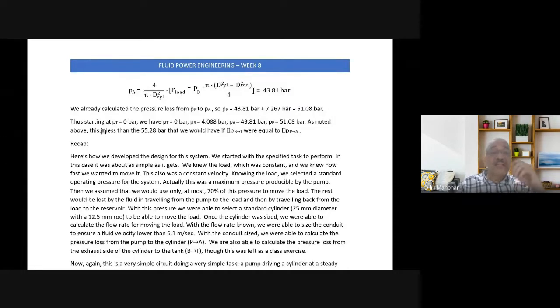So now we summarize that the starting pressure at the tank will be 0. PT is 0 bar. From tank to PB, the pressure drop is 4.08 bar. So PB is known. PA is now calculated just now, 43.81. Pressure at the pump will be pressure at A plus pressure drop between A to P. So that is known, that we added, 7.267. So now we are able to conclude that we require pump pressure of 51.08. We require LPM of whatever given value, 14 point something, was delta P. Then that means our assumption is correct. That is what we are proving here, that whatever we assumed is okay.